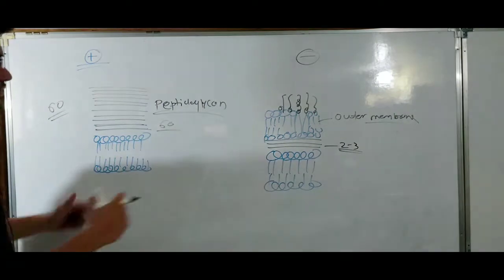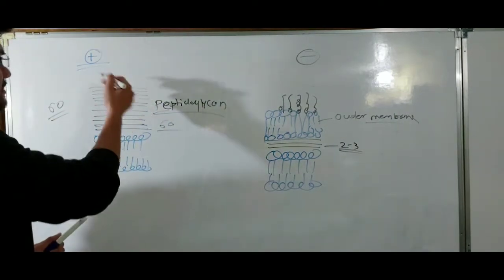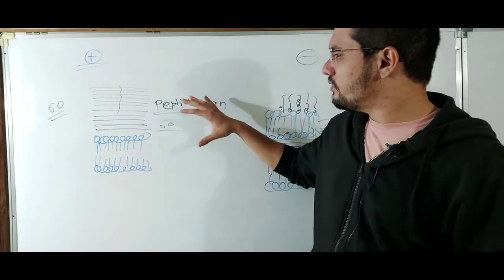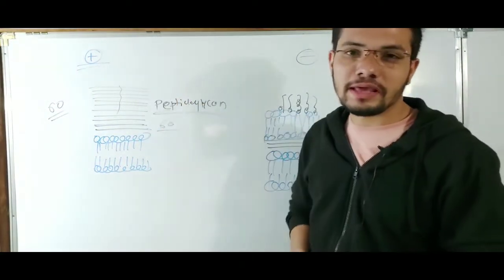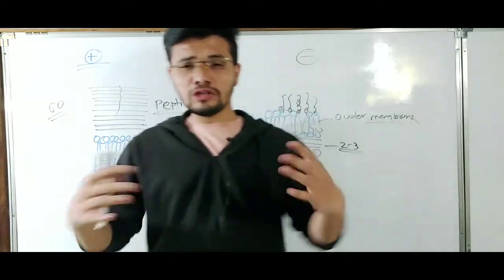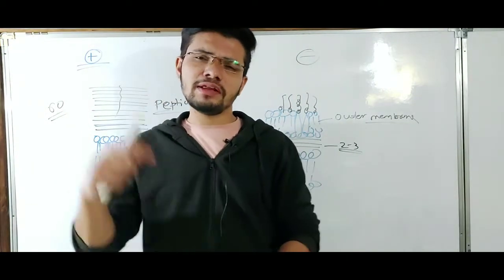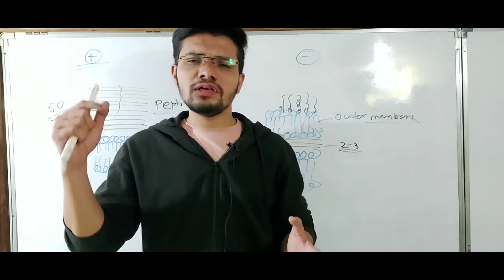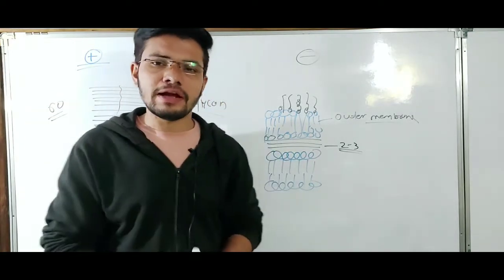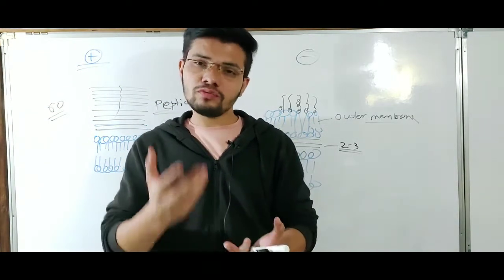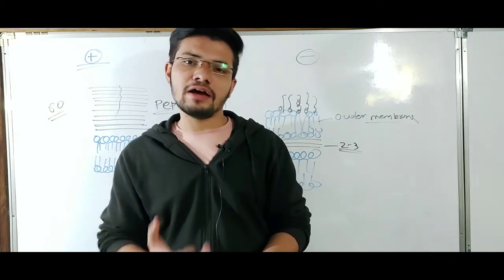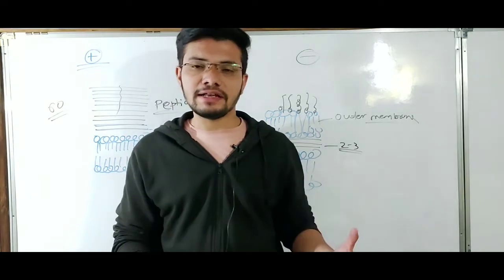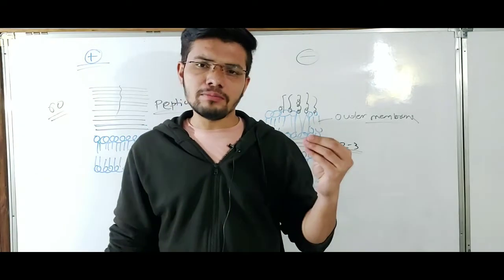So this is how the difference is. There is also lipoteichoic acid present in the gram-positive bacteria, but it's not very important. We will only focus on the layers of peptidoglycan here, because we want to differentiate these two bacteria in the laboratory. We will stain them with different dyes, and according to which dye is taken up by the cell wall of the bacteria, we differentiate them as gram-positive and gram-negative.